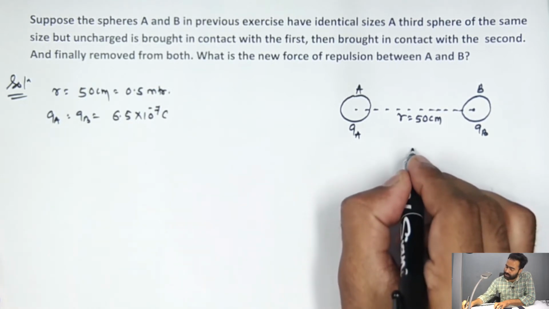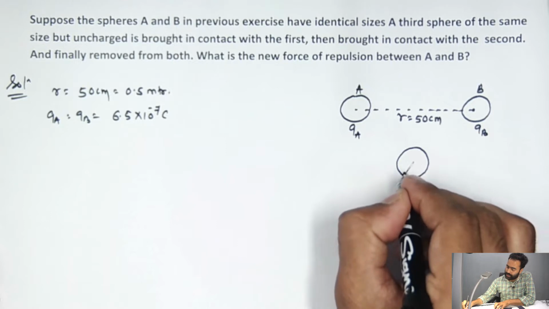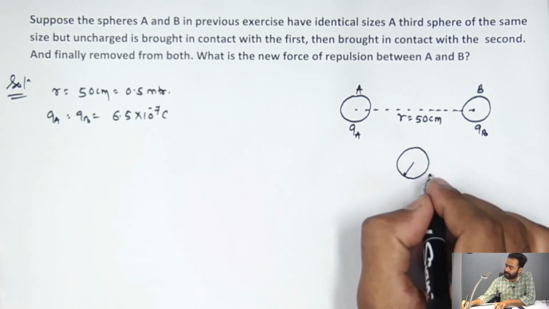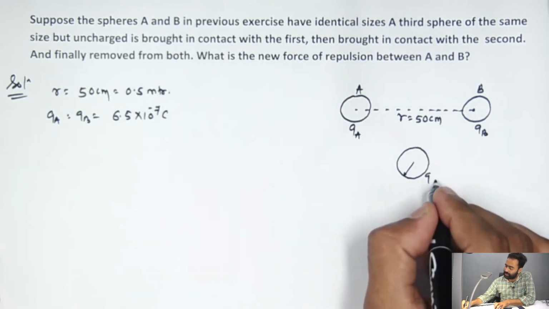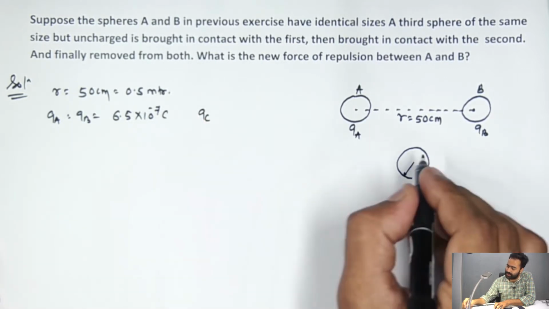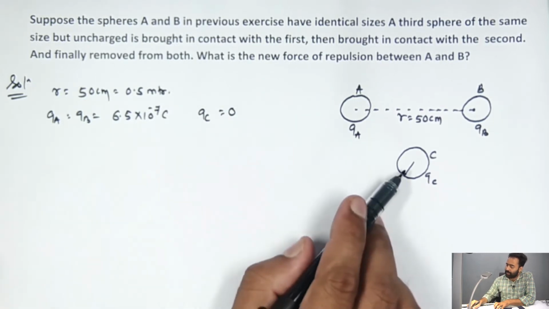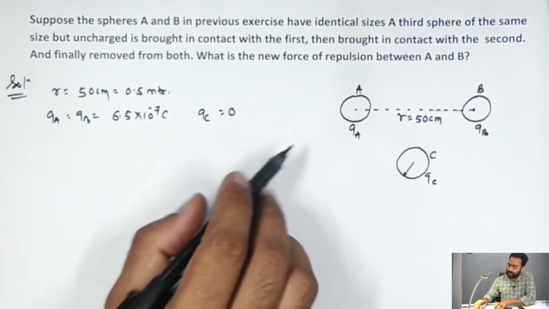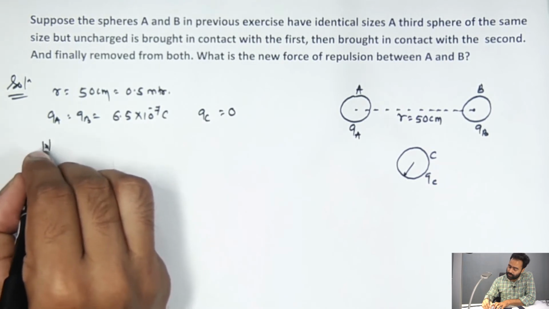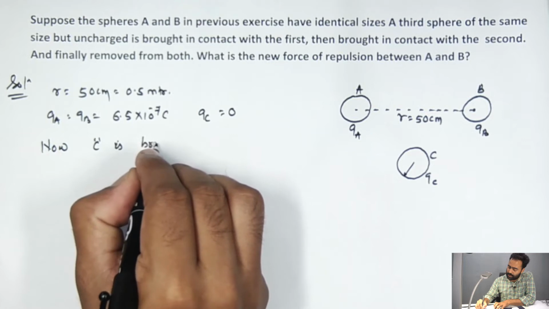And now a third sphere of identical size, which is initially uncharged. So I'll take QC, that is the initial charge on sphere C, which is 0 here. Now we will make contact of C with A. So now C is brought in contact